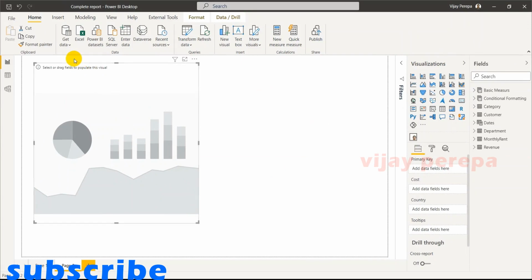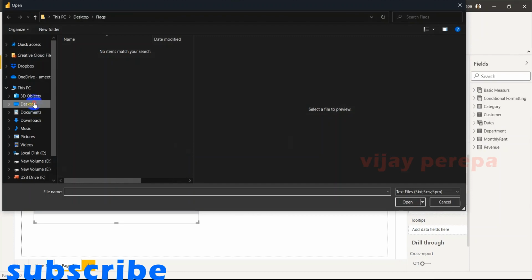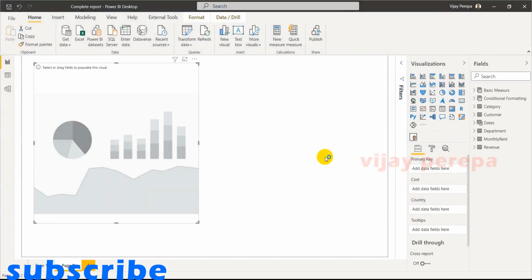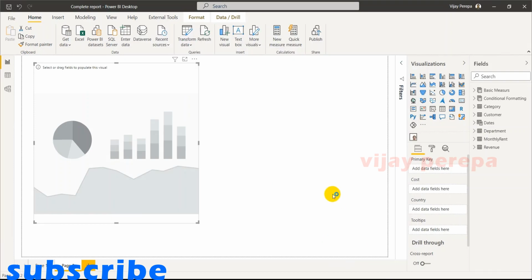So I need to get the data, get the CSV data, and then cost info by customer. You can use your current existing data, but for quick explanation, I'm just adding the data and then loading it.